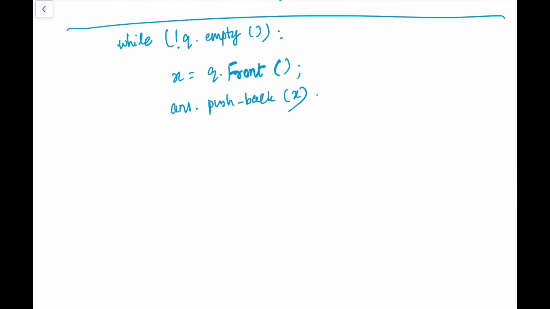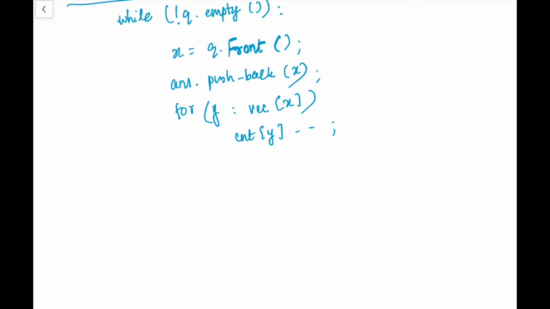What will happen then? For y in vector of x, just decrement the counter of y. Okay, now one more thing that we need to check: if counter of y is 0, that means all the prerequisites for this particular course are already done.